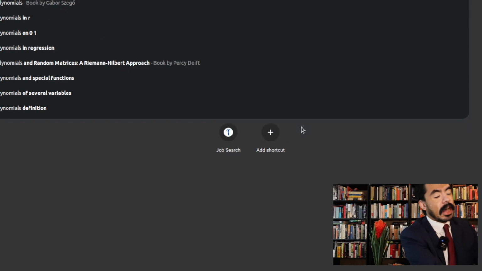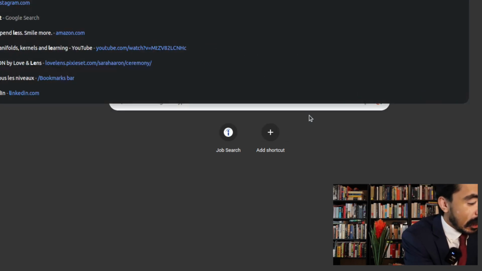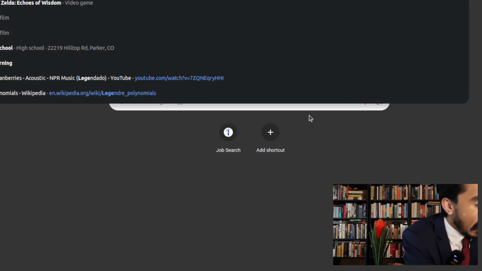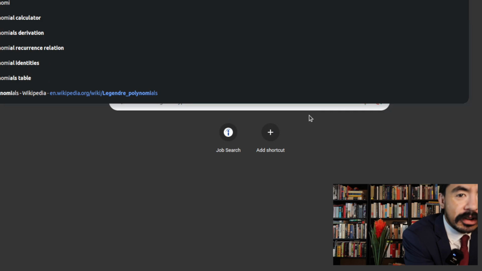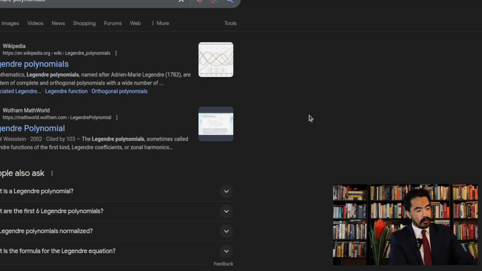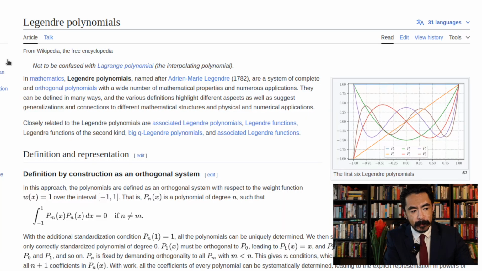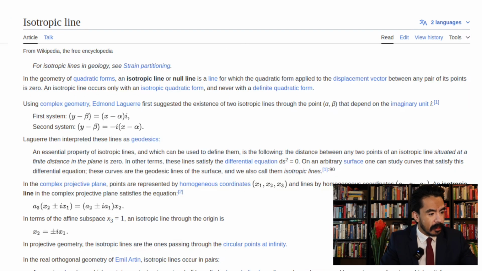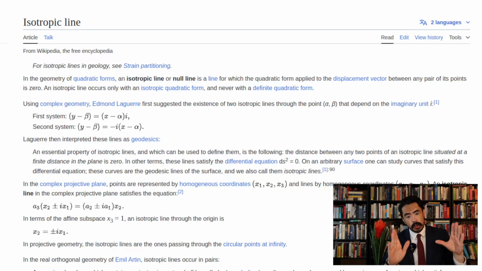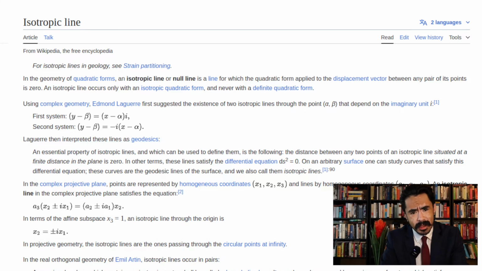Legendre, that's what it is. Legendre polynomials. It was literally, dude, that would have bothered me so much if I would not have been able to remember that. Okay, holy smokes. Okay, as I was saying, so we were reading from the Wikipedia page for isotropic lines, and